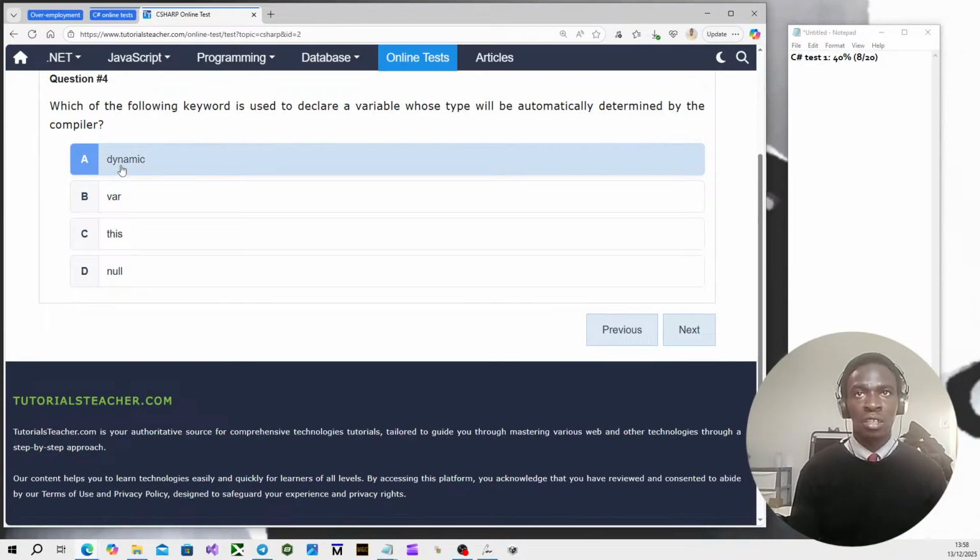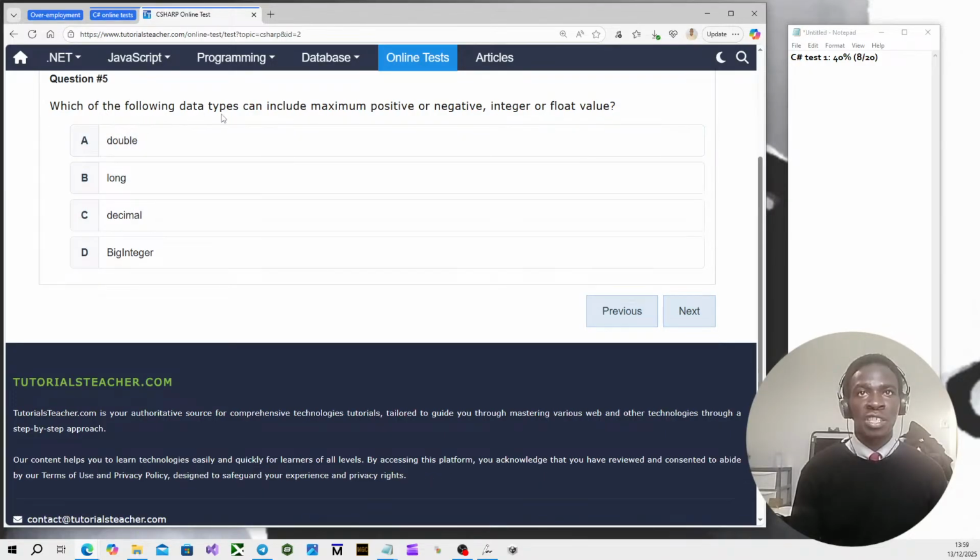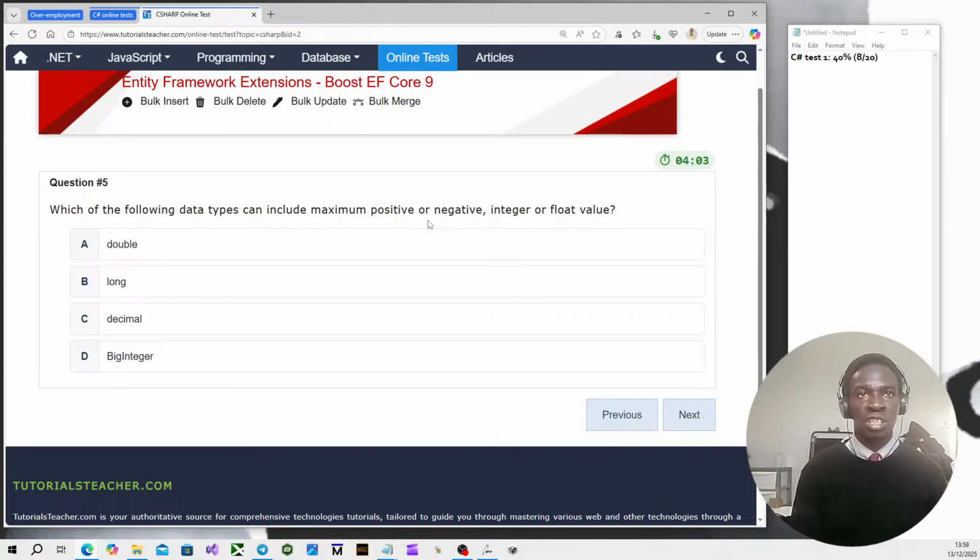I think it's dynamic. Because this keyword just means that you're qualifying a class that is within a particular file. A null type is obviously like an undefined value to a variable. A var type is like a kind of general purpose data type. So by process of elimination, I'm gonna go for A. I'm going for dynamic.